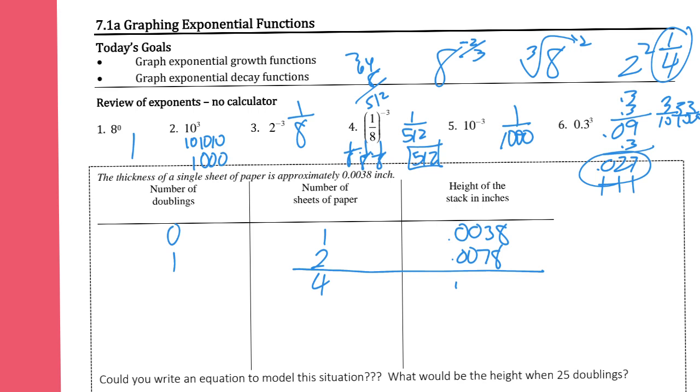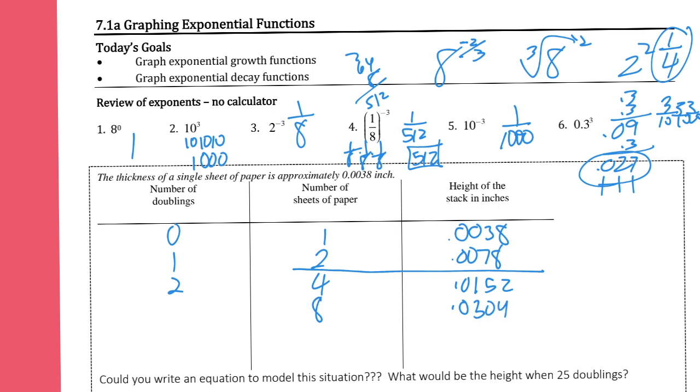So that would be 0.0152, okay? 2 doublings. Okay, and say that you had 8 sheets of paper. You could technically fold papers in half as you're doubling it, or just get twice as much paper. And so the question is, if there's 8 sheets of paper, how tall would that be in inches? That would be 0.0304